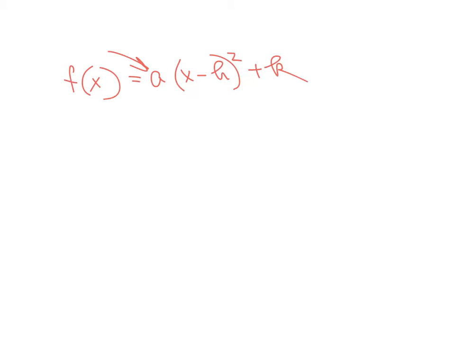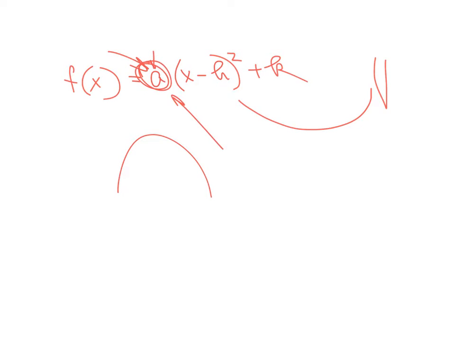The bigger your A is, the skinnier your graph is going to be. The smaller this is, as it approaches 0, it starts getting fatter. Remember, if that A is negative, it flips it upside down. So we're not interested in whether this number is negative or positive as far as how fat or how skinny this graph is. The positive and negative flips it over, but we are interested in how small it gets, because the closer it gets to 0,